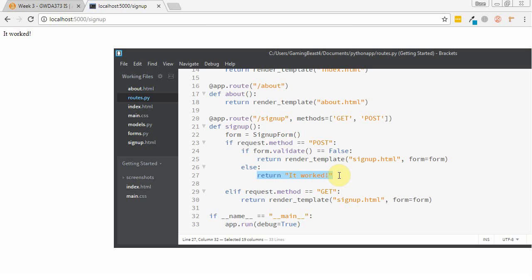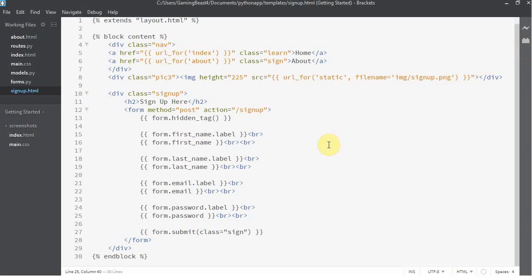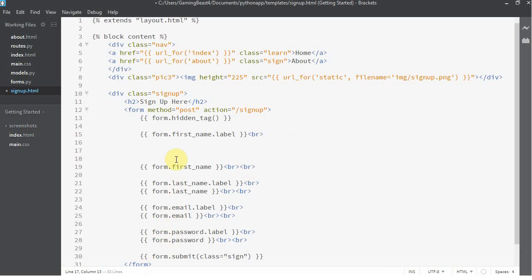Okay, now we need to edit the sign up page to show those errors. So we're going to come back over here, make this a little bigger. We have our hidden tag and we have our label. For each one of these, I'm going to do it in between the label and the actual text box. So I'm going to set up some Python tags, and it's going to say if form